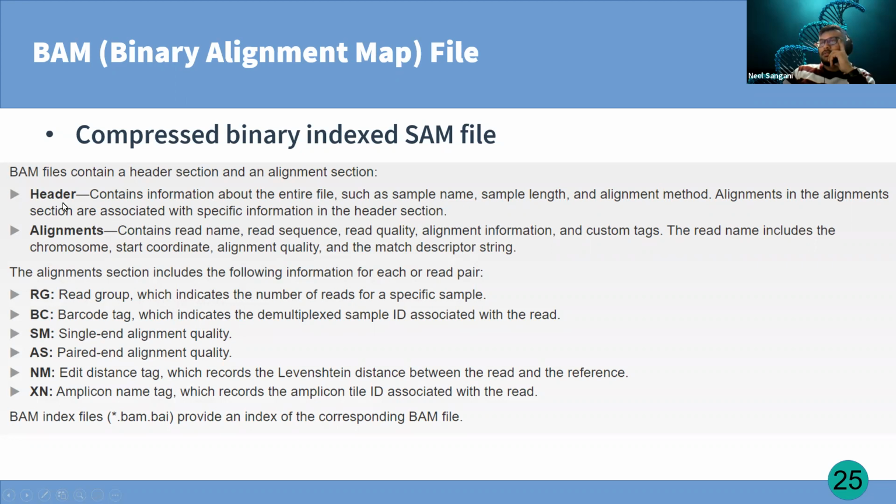So this is just a quick overview of what you have here. The header has the file information, the sequence length information, and alignment information. The alignment has the read name, sequence, quality, etc. And it has other things, the barcode tags, etc. for each